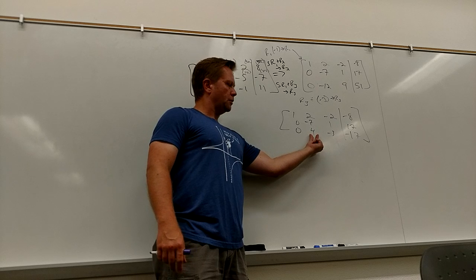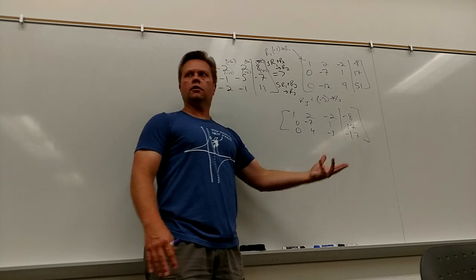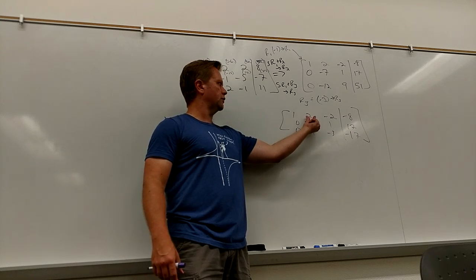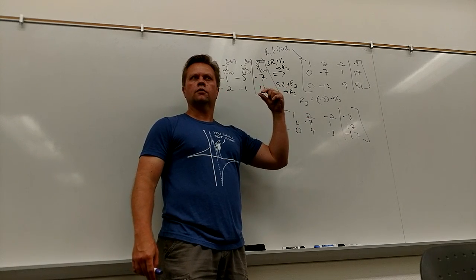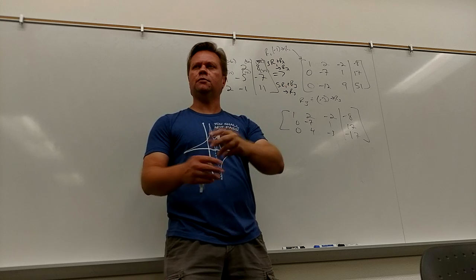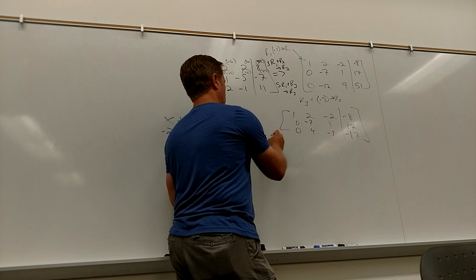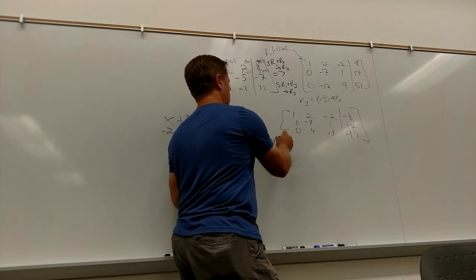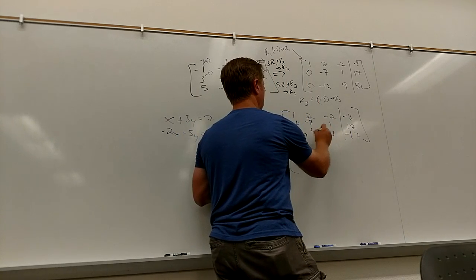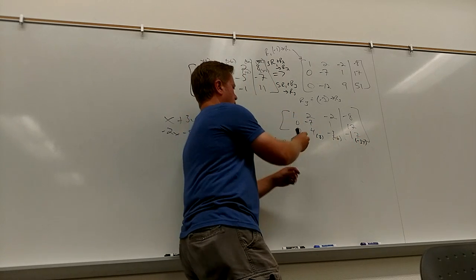I could also double this row and add it to this row, because what would happen then? It'd make a 1, all right? I could make a 1 if I really wanted to. And why is that actually a little bit better way to go? Because then I can use that 1 to kill that 2. I don't have to, but that's a slightly better way to go. So if I did double row 3 plus row 2, answer in row 2, let's see what happens. So this would be 0, 8, negative 6, negative 34. So doubling. And so in the middle I get 0,